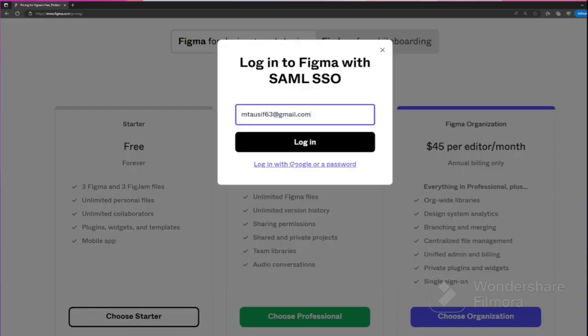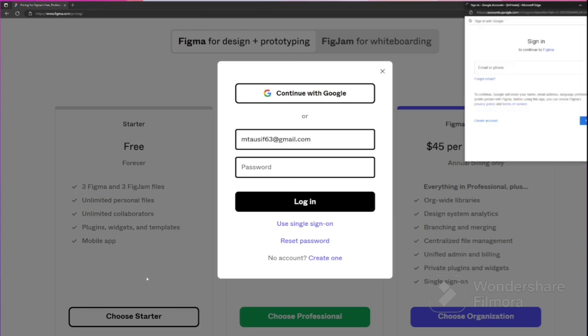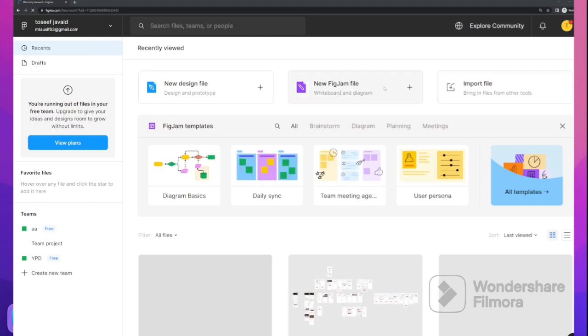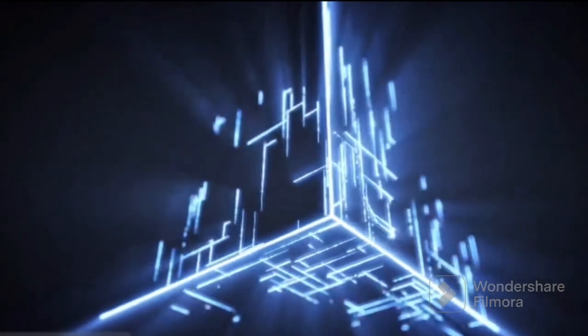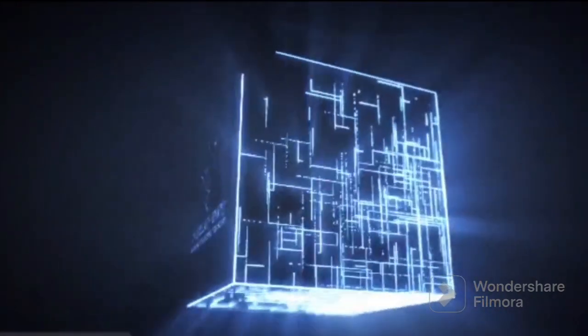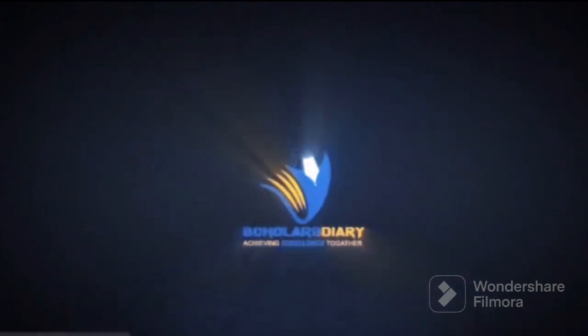In this video, we will explain how to use the Figma tool for UI UX designing. Let's start the video. In this tutorial, I will teach you how to use Figma. First,